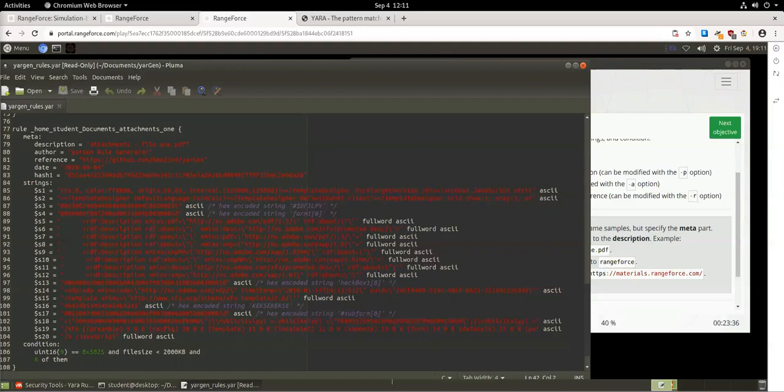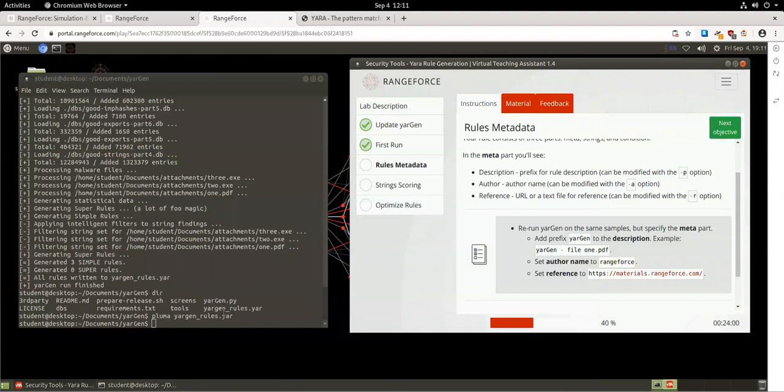So at first glance, I would hypothesize that this rule would tend to flag on just about any Adobe Acrobat PDF that was under 2,000 kilobytes. But as we move on through the modules, I'm sure we'll be able to refine that. Well, cool. So I'm going to go ahead and close out Pluma here because I don't believe we need to review this anymore. But we need to now go on to editing some of the description, author, and reference information. So to rerun,